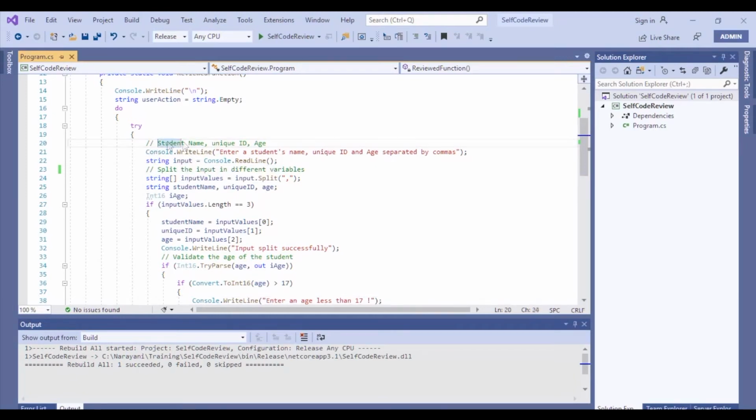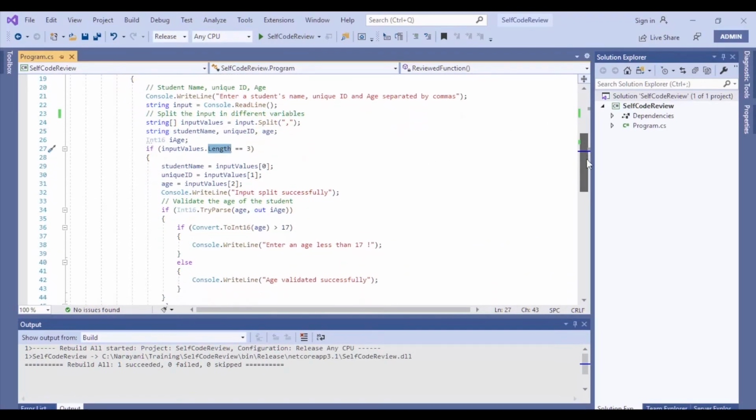As you see, there are appropriate comments everywhere, which is also very important as part of self-code review, because you may know this today, but tomorrow another developer comes in, and he will not be able to identify what is happening in this particular piece of code. I am splitting it, and then checking if the input values length equals 3, and if it is 3, then I get the values into individual variables.